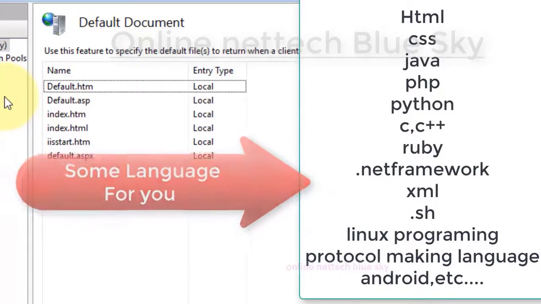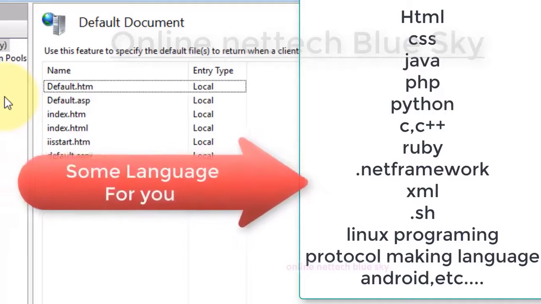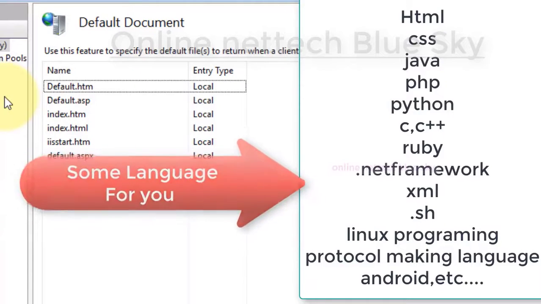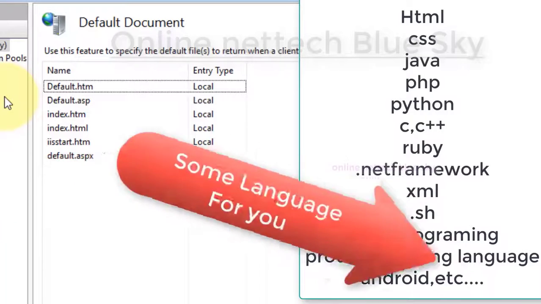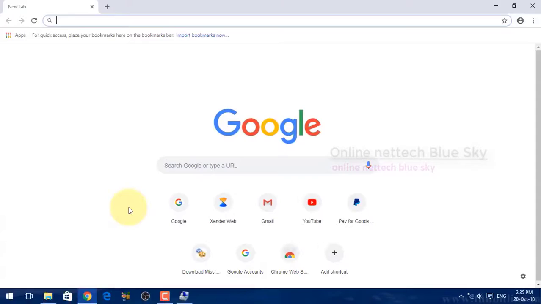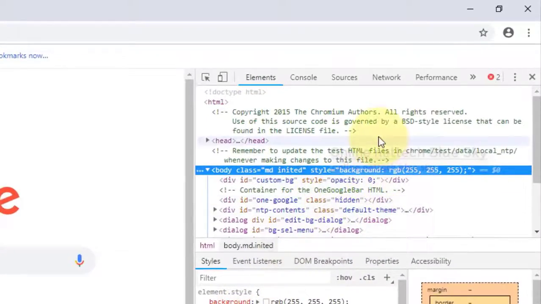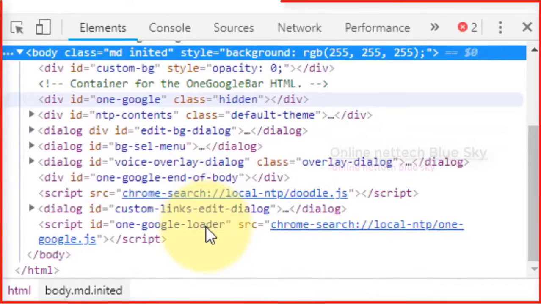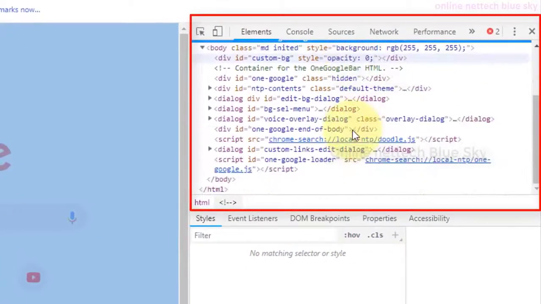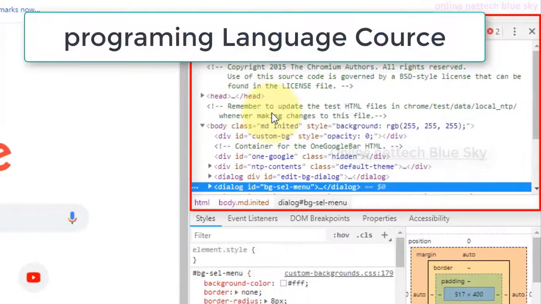If you want to create your website, you must learn programming languages: HTML, CSS, Java, PHP, Python, C++, Ruby, anything. You can see this type of programming showing here in a website. So if you want to create a website, first start with HTML.